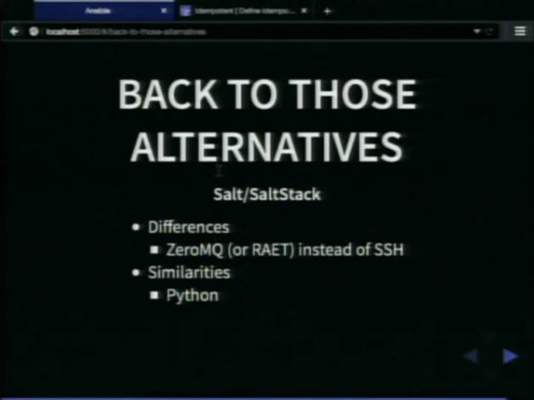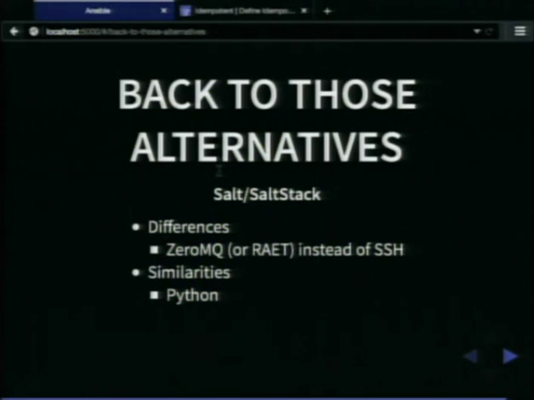Salt and Salt Stack. Salt is often referred to by either of these names. The differences that I'm detailing here, at least that I could easily access, is the fact that it uses 0MQ instead of SSH. Again, I prefer Ansible because SSH is a known quantity.